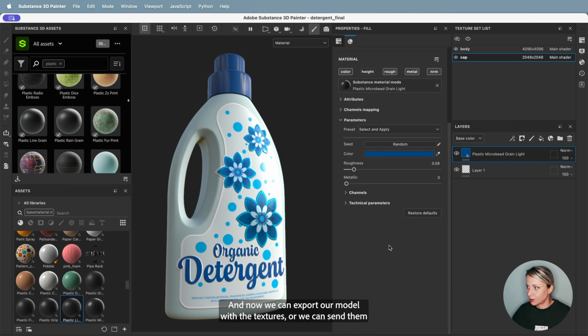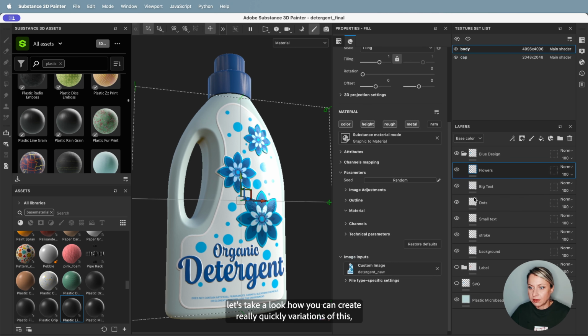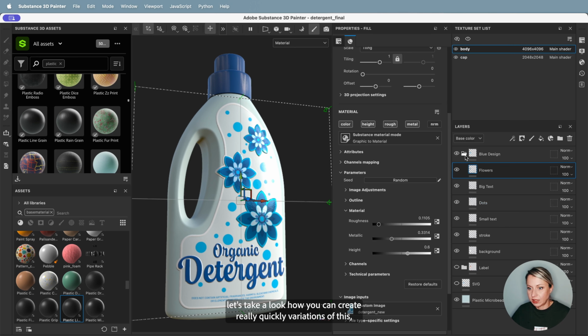And now we can export our model with the textures, or we can send them to After Effects and start to work with them in After Effects. I'm going to record another video about that workflow soon, but let's take a look at how you can create variations of